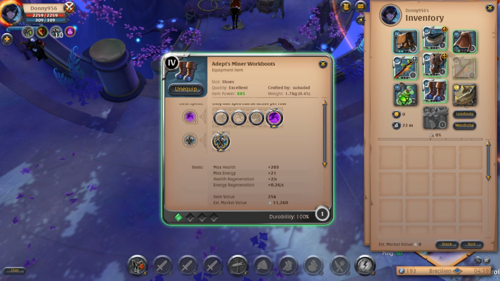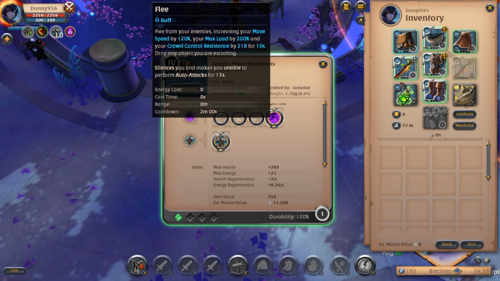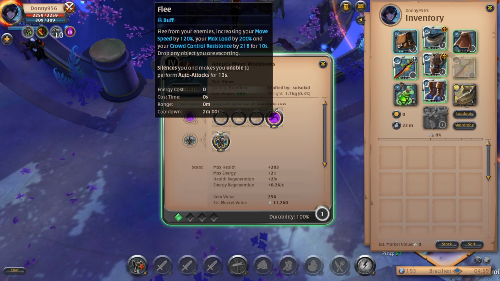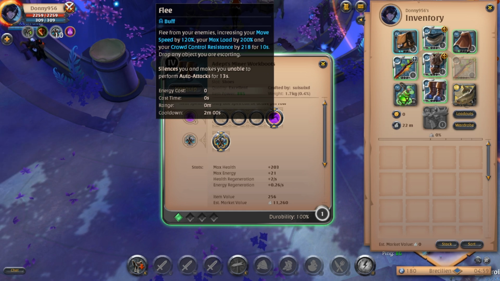So for the boots, I like going with the Minor Work Boots. Reason being, you get Flee. So Flee increases your movement speed by 120% and your max load. So if somebody is chasing you, you could pop this here. You're going to run a lot faster for a lot longer time. Keep in mind, it does silence you, so be aware that you won't be able to use any other